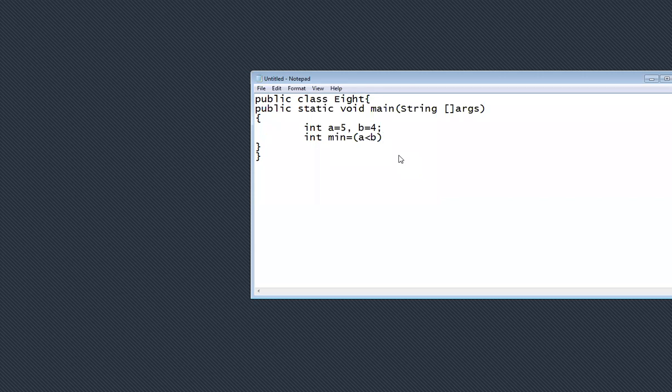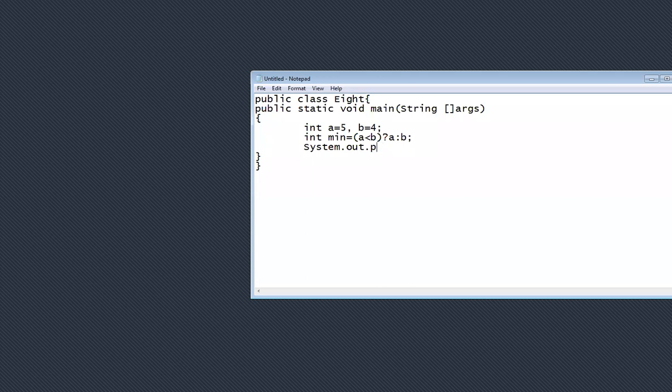The ternary operator works with the help of two symbols. The first one is a question mark. After the question mark, if that condition is true, it goes to the first case. And if that condition is false, then it goes to the second case. This is the condition. If it is true, it goes to the middle portion, and if it is false, it goes to the last portion. And you just have to print it on the console.